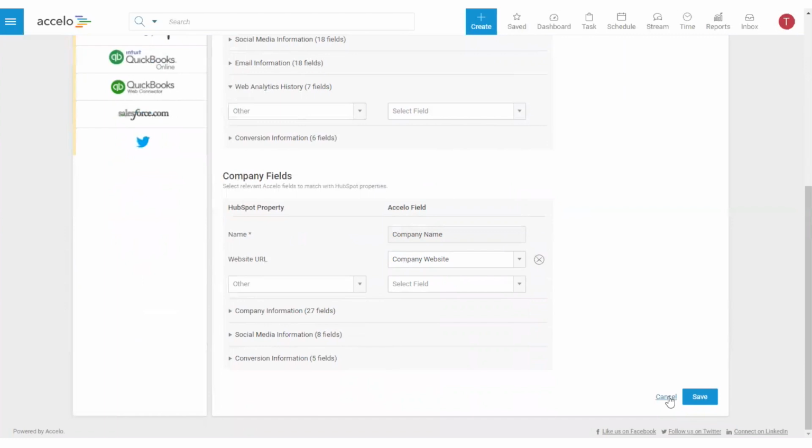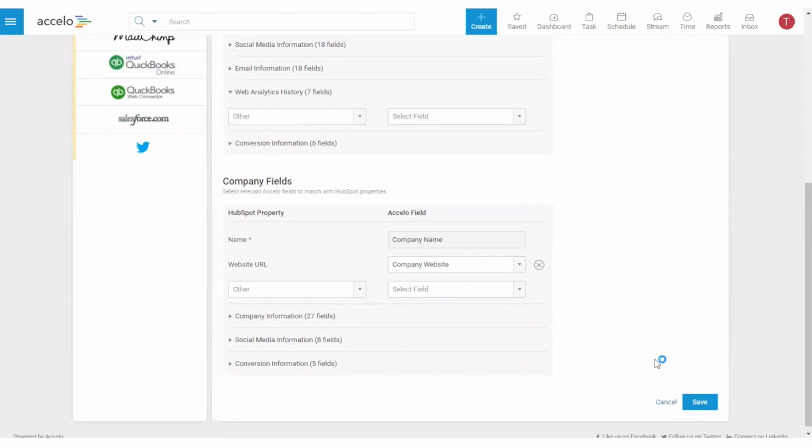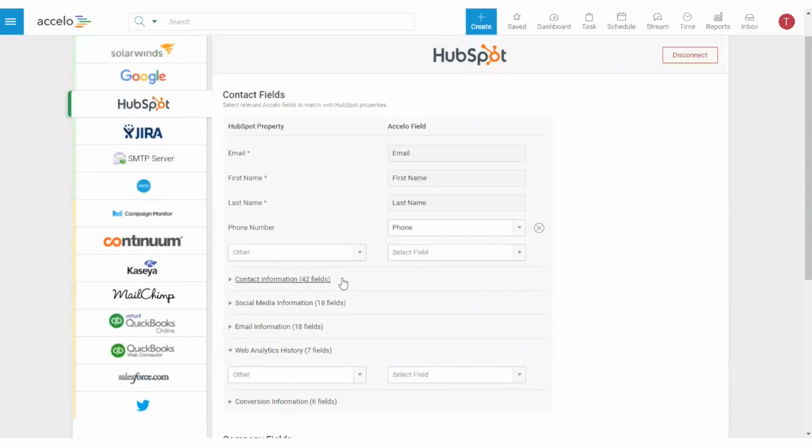But it's just a bit messier to create lots and lots of custom fields on Accelo's side to match every possible thing under the sun that HubSpot can provide. Because as you can see here, we've got 42 contact fields, 18 social media fields, 18 email fields, 7 web analytics fields, and then 6 conversion fields. So before you know it, you're up at close to 100 fields that you could theoretically be extending or customizing